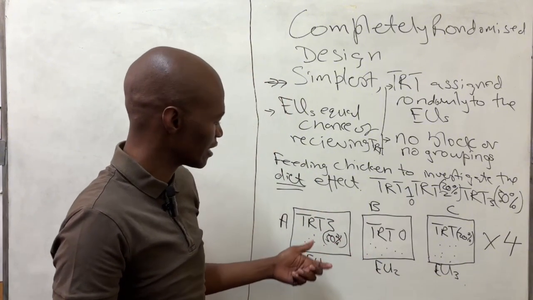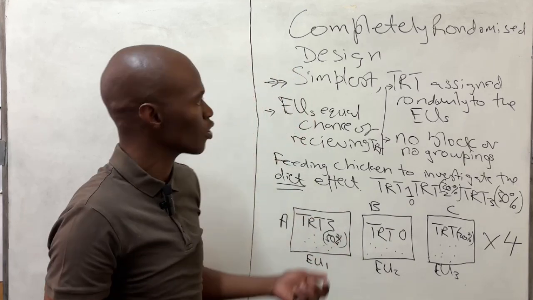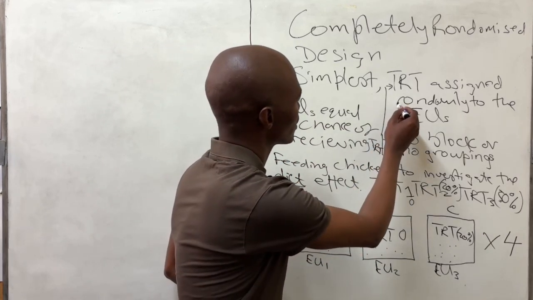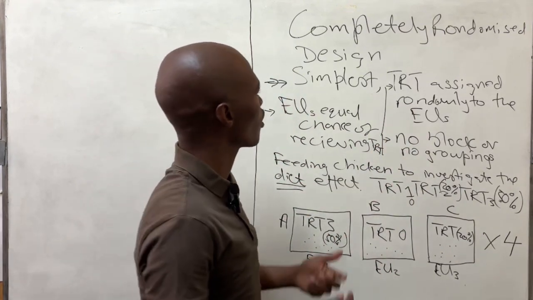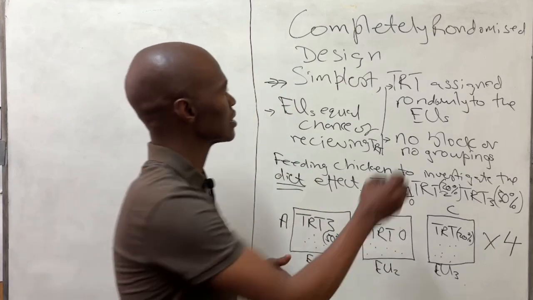The way we allocated even the chickens inside the pens is also random. So we are trying by all means to follow what is called the assumptions of completely randomized design. So now, if I'm going to the assumptions of this